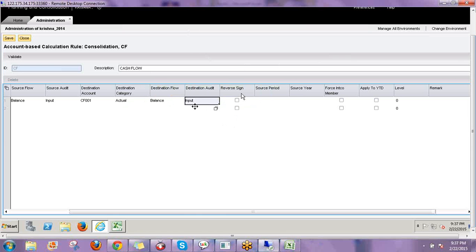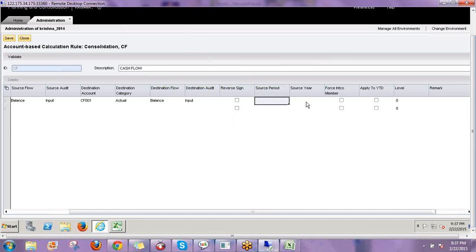And then if we are saying reverse sign, that means the value will get negated and posted. If you are not putting it, the system will take the same sign. Source period and source year: if you specify only from that particular period and from that particular year, this particular value will be taken. If you are not specifying, it is not year and period specific. It can be taken for any of the values. And I have already discussed what is forced intco member, and you can maintain levels and then remarks. Then validate